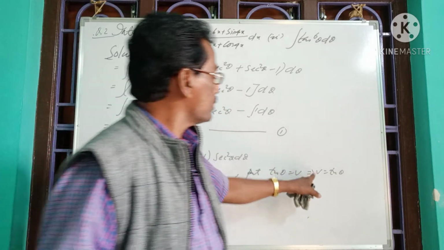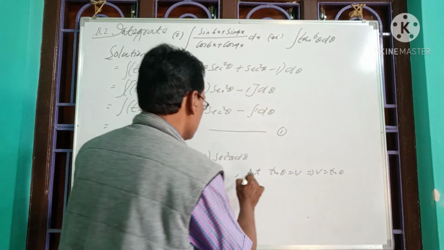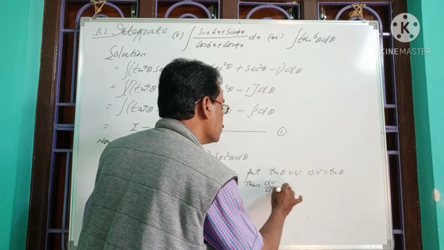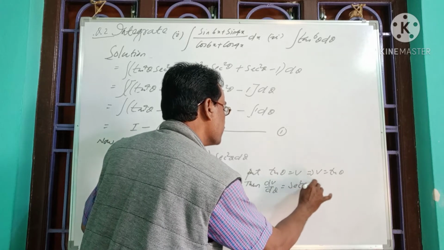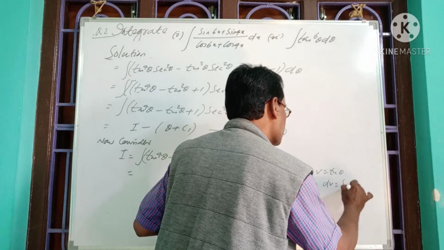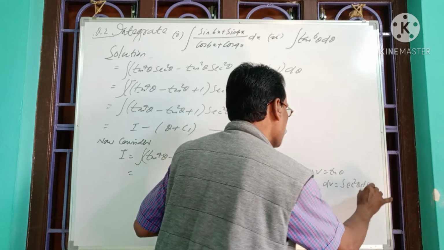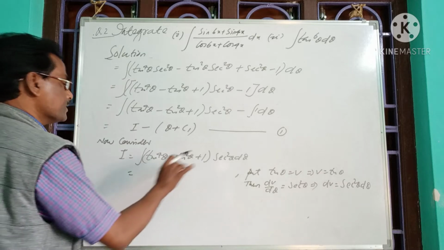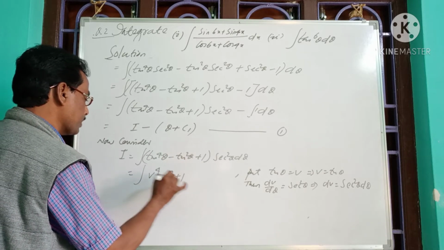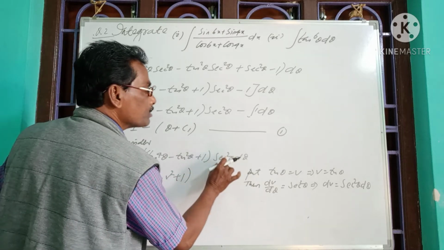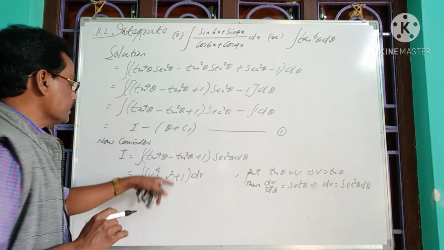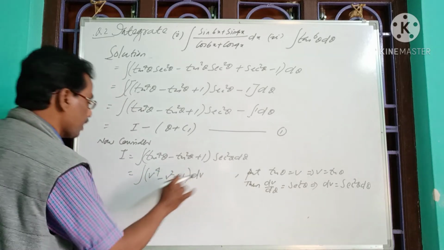So we differentiate v with respect to theta, which will give us dv by d theta equal to sec^2 theta. So again simplifying and cross multiplying, we have dv is equal to sec^2 theta d theta. Now replacing in the integrand, we have integration of v^4 minus v^2 plus 1, so in place of sec^2 theta d theta we have dv. Now see, the integrand is easily integrable. So now integrating, we have